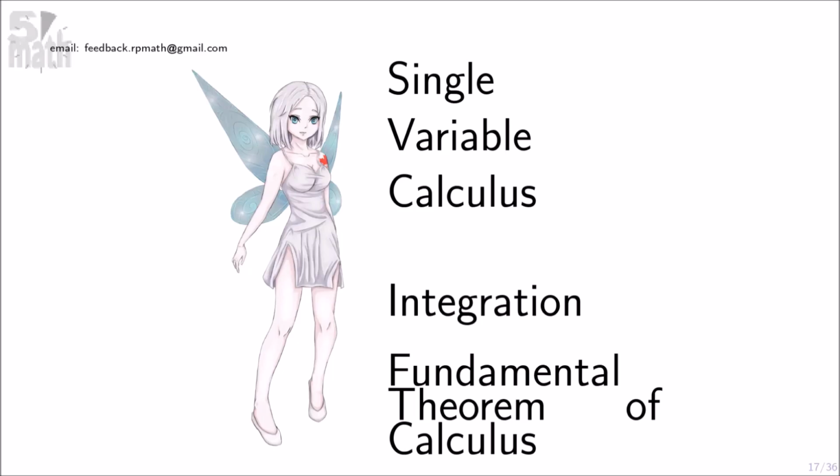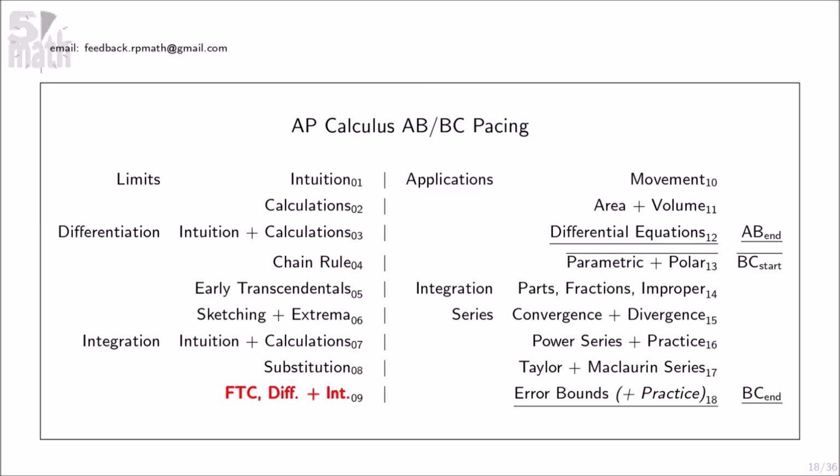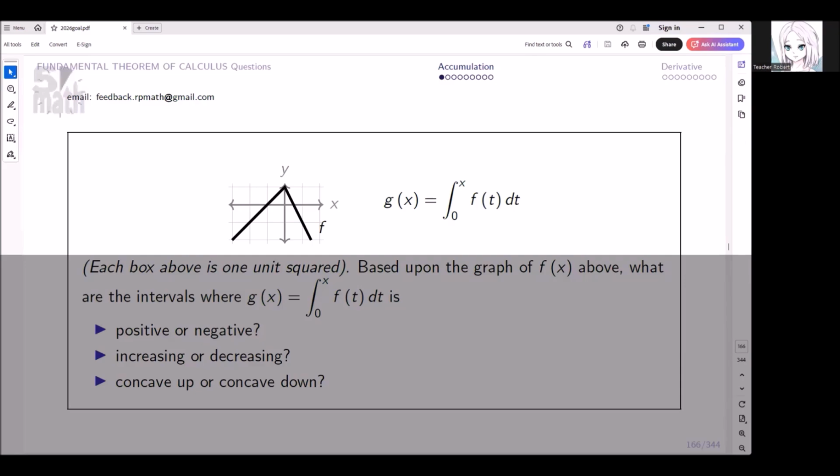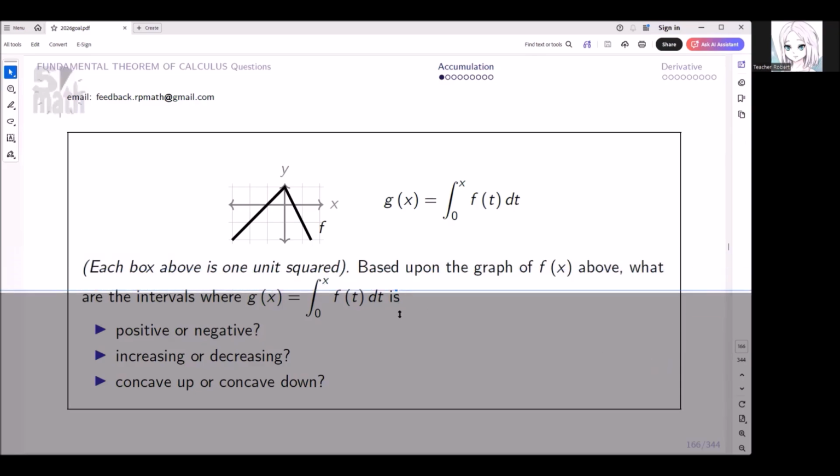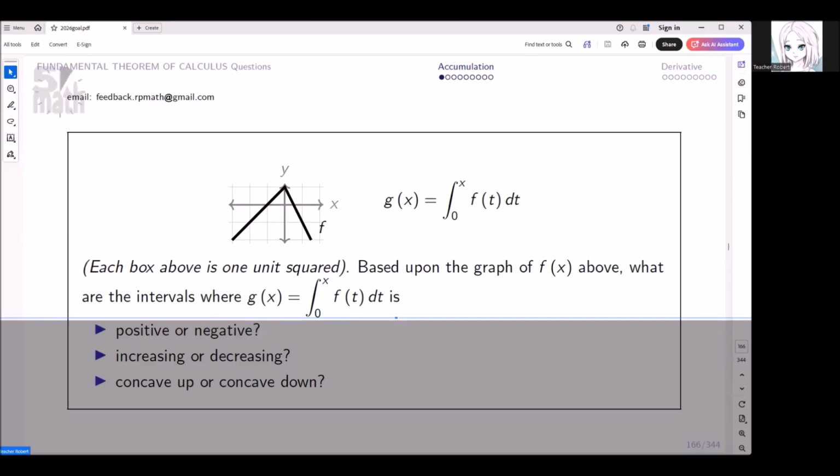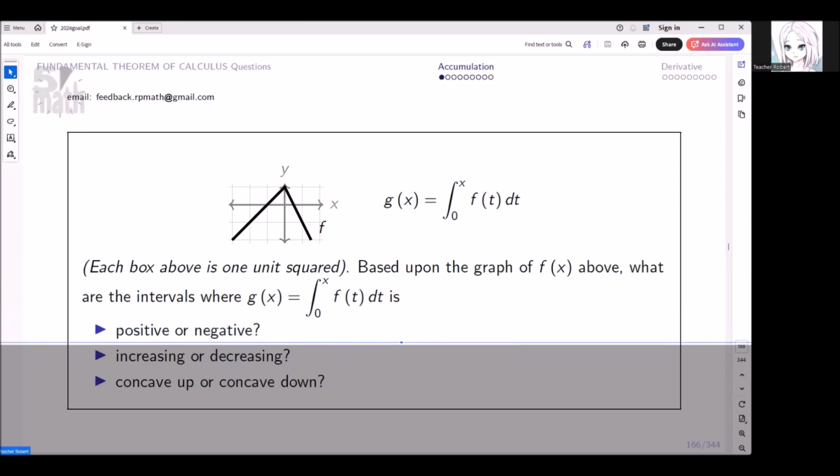Single variable calculus, integration, fundamental theorem of calculus. In terms of pacing, this is 9 out of 18. Each box above is 1 unit squared. Based upon the graph of f of x above, what are the intervals where g of x, which equals integral from 0 to x of f of t dt, is positive or negative,